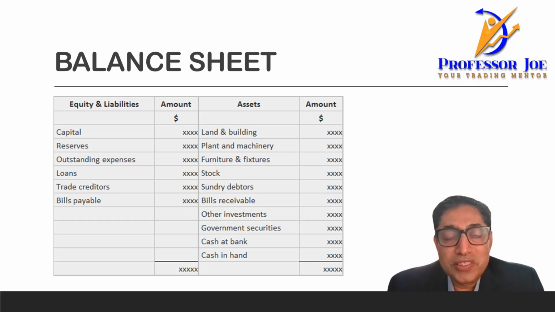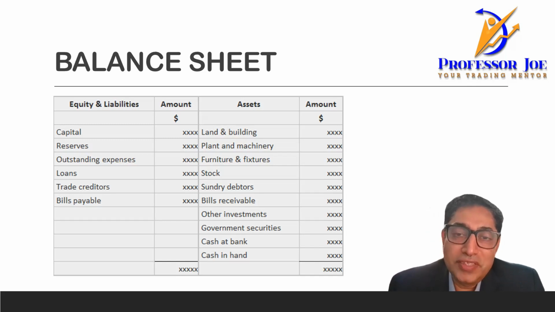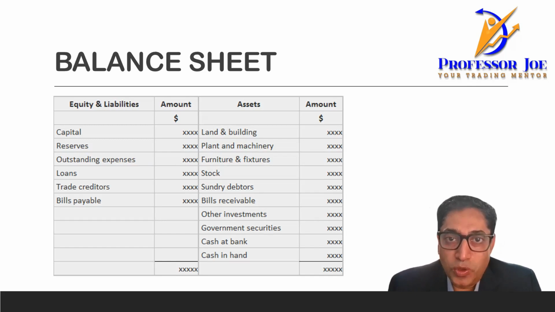And reserves and surplus is also a liability, because reserves and surplus actually belongs to the equity holders. The company is holding it back for future projects. So that is the reason even reserves and surplus is seen on the liability side. The rest is long-term debt, short-term debts and creditors. And on the asset side, it's the application of funds. You can see land and building, plant and machinery, furniture and fixtures, and so on. So very simple. Okay, so don't get confused. It's a very simple statement.